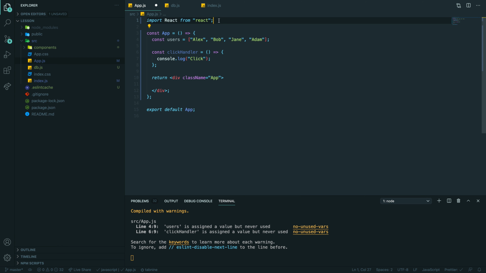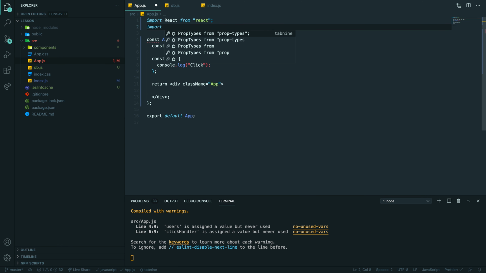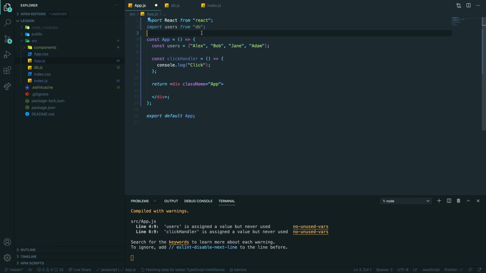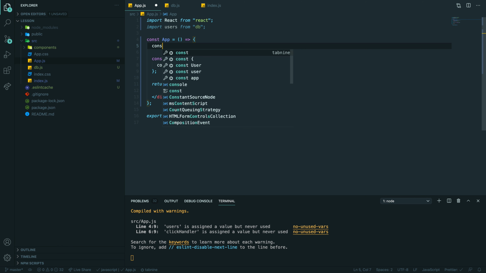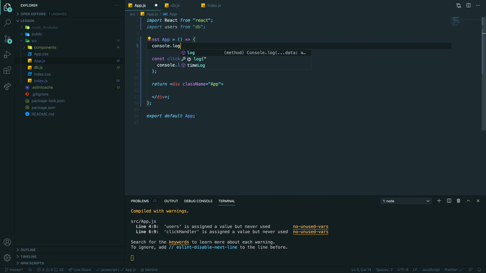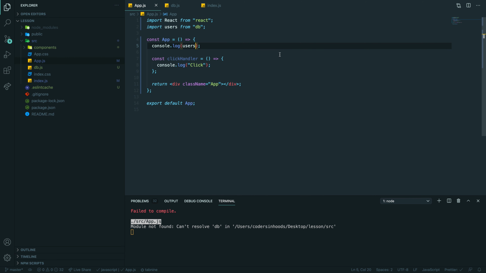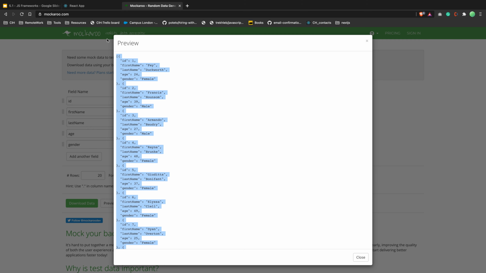Here I can import users from DB, from db.js. So we don't need to have it here. I want to console log my users when I load my page, to see if we actually have them.